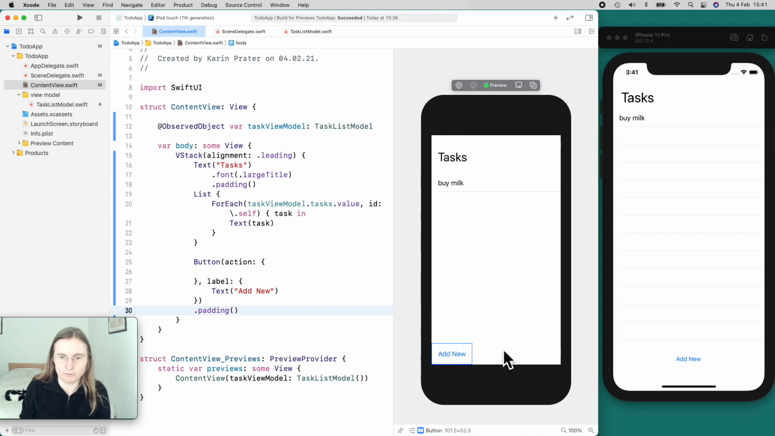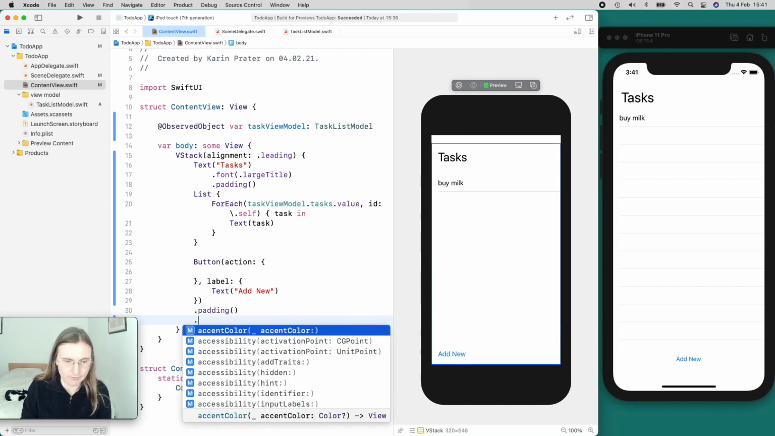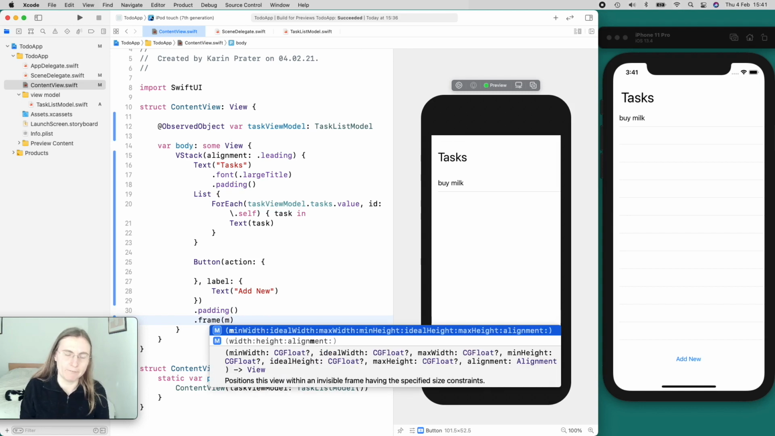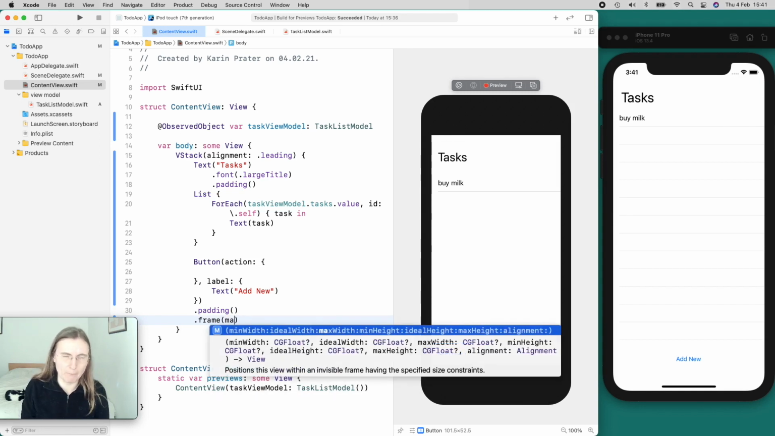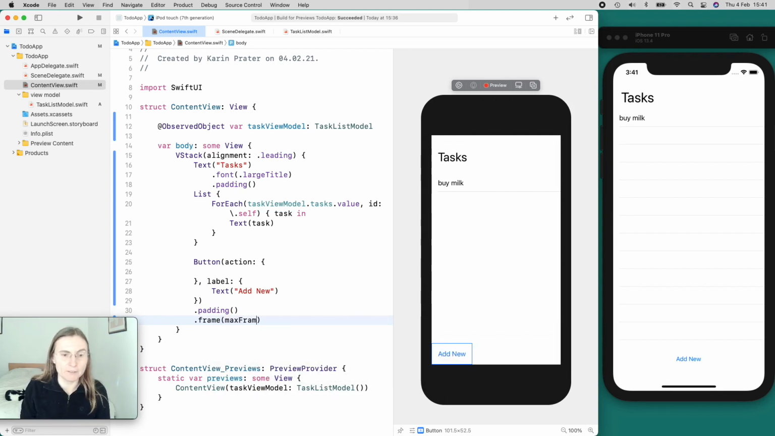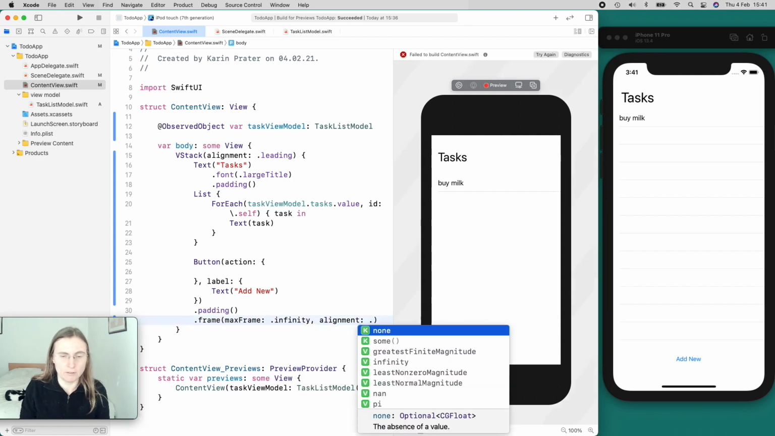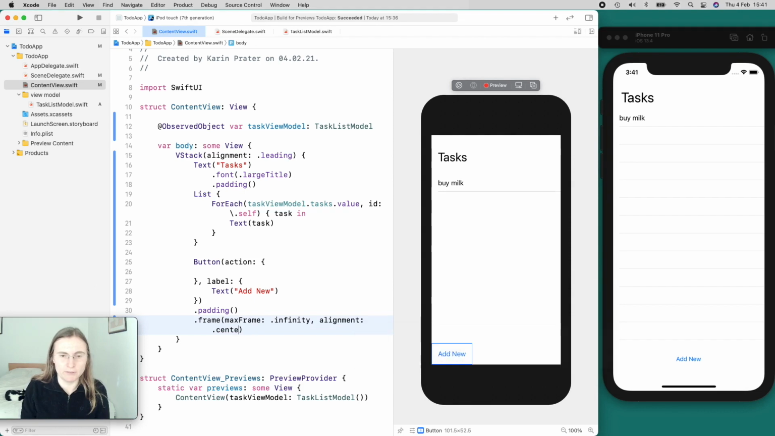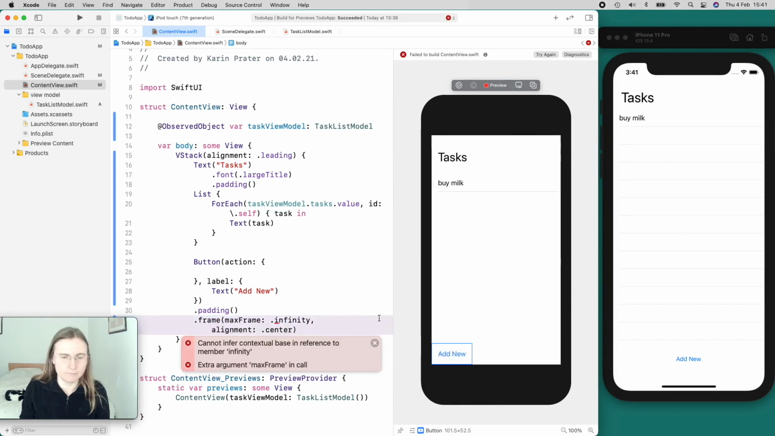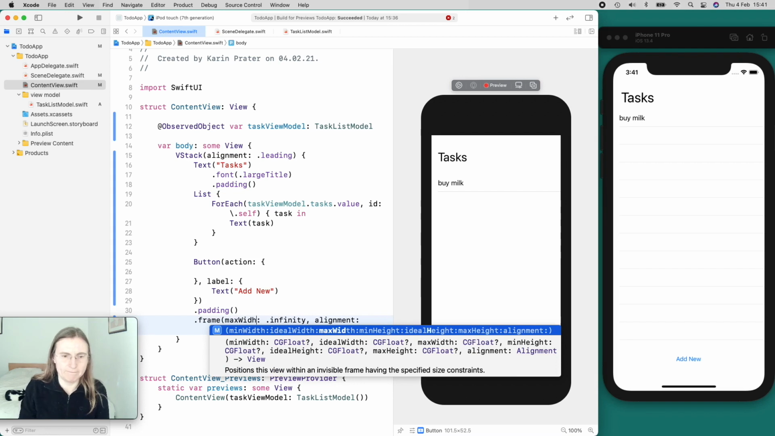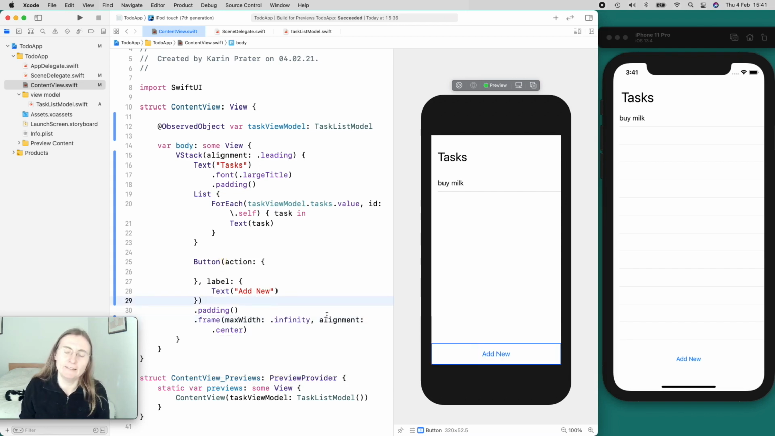And I want to move it to the middle, so I need to have a frame. This is frame, and I'm using a flexible frame. Max frame. This is infinity, and the alignment is .center, which is the default anyway, just so you know. Sorry, max width. Okay, so now I use the data for my task for my view model here in my list, and